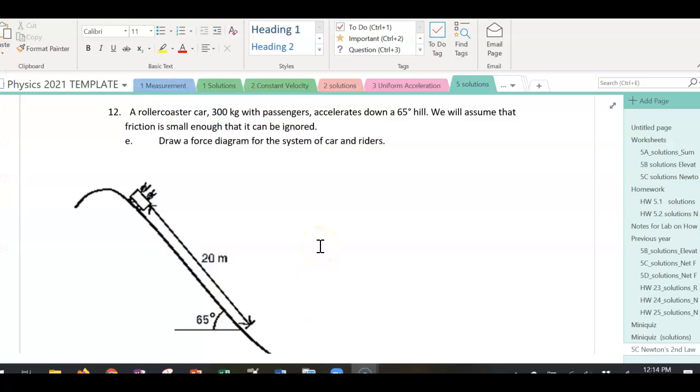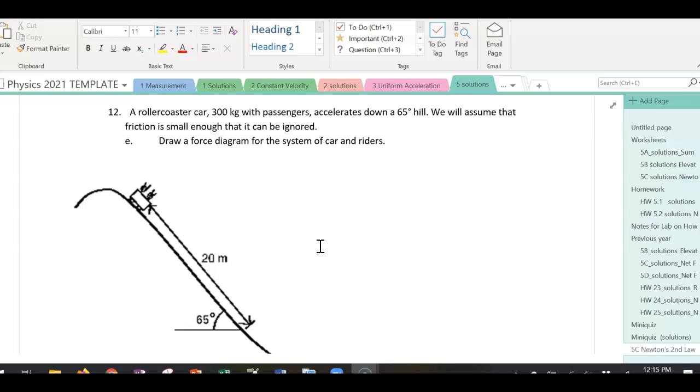Okay, this webcast is going to continue looking at Newton's second law, but now we're going to look at situations where there are forces in multiple directions, not just parallel to a single axis, and we may have some component forces. Let's look at number 12, where we have a roller coaster going down a hill,